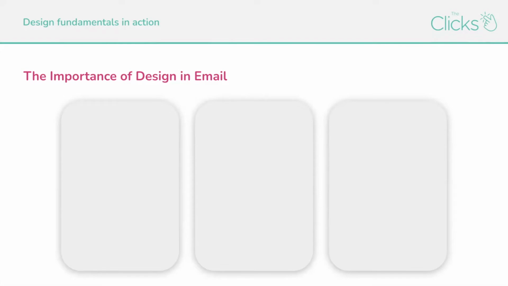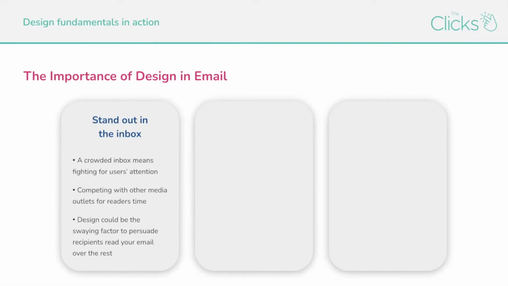So I've broken down the importance of email design into three sections, all things that the design of an email can help to improve. The first one is that it can help you to stand out in the inbox. Obviously, we've got very crowded inboxes these days. You're fighting for the user's attention. And not only that, but we're also competing with other media outlets like social media for the reader's time. Any social media platforms like Instagram, Twitter, these are all things that also take up the reader's time. So design could really be the swing factor in whether someone chooses to read your email over other emails and